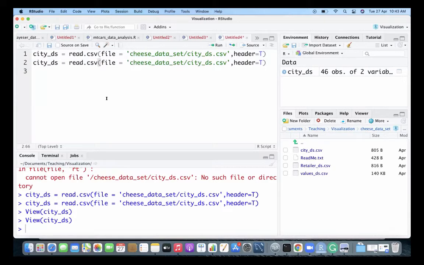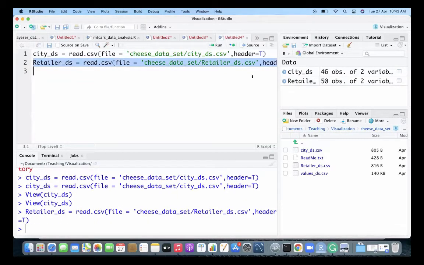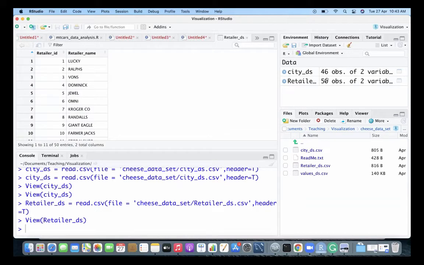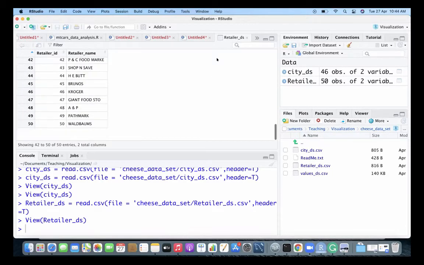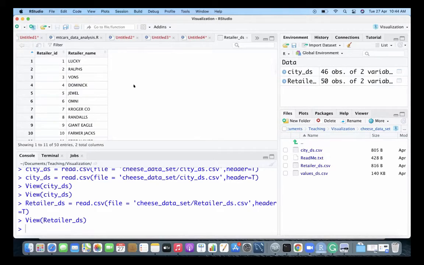Then retailer is another data set. It has 50 unique retailers: Lucky, Ralph's, Dominick's, Jewel, Omni, Kroger.